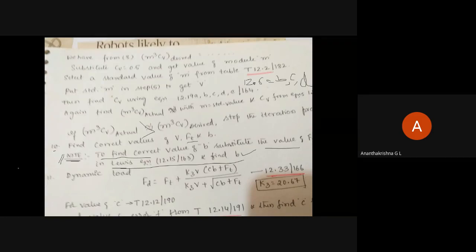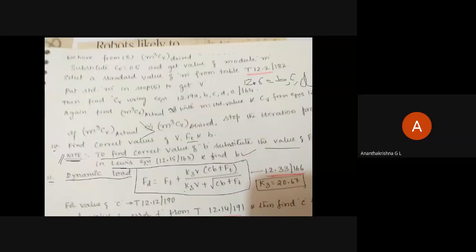Finished up? Anybody needing time? Okay. Next step is to find out dynamic load. Note down this equation. Give me the equation number also here. Dynamic load is given by Ft plus K3 into V of Cb plus Ft divided by K3 into V plus root of C into B plus Ft,